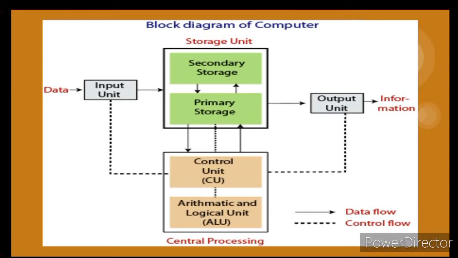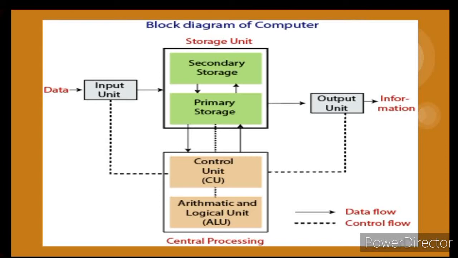Start with the first unit, the control unit. This unit controls the operation of all parts of the computer. It obtains the instructions from memory, interprets them, and directs the operation of the computer. It converts the user input into signals and sends them to the ALU. It uses clock inputs to maintain the sequence of the data. The speed is the frequency of the data processing, and it is measured in megahertz.